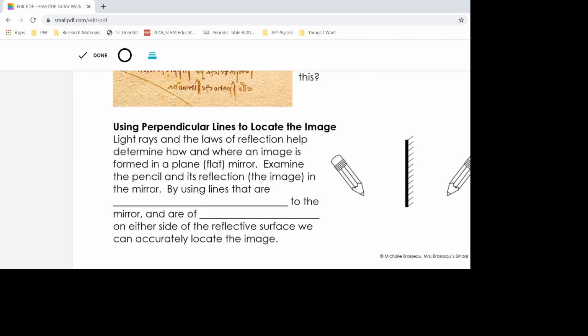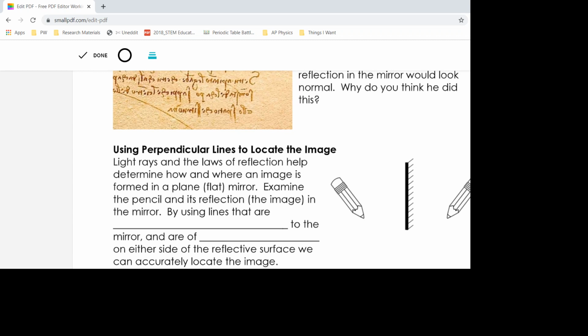So whenever we want to actually figure out where the image would be on the other side of a mirror, what we can do is analyze the image using what we already know about light rays. So laws of reflection help us figure out exactly where that image is going to be. So what we can do is we can take our object, which is right here, and we're going to use lines that are perpendicular